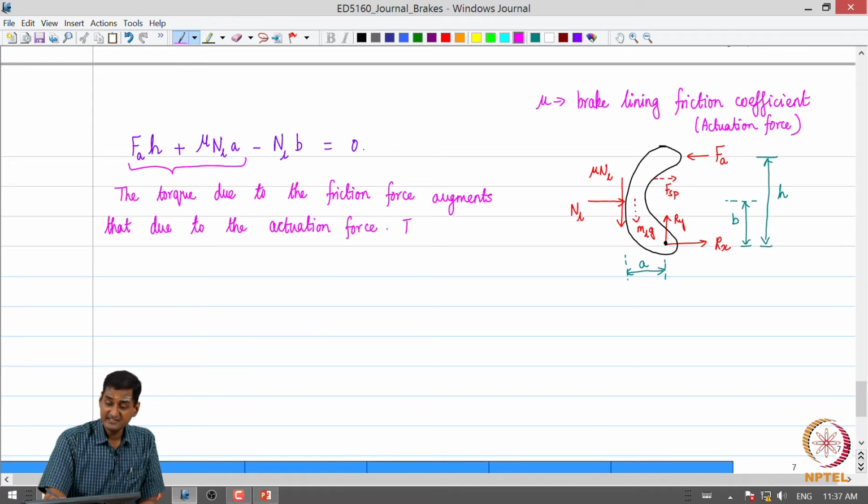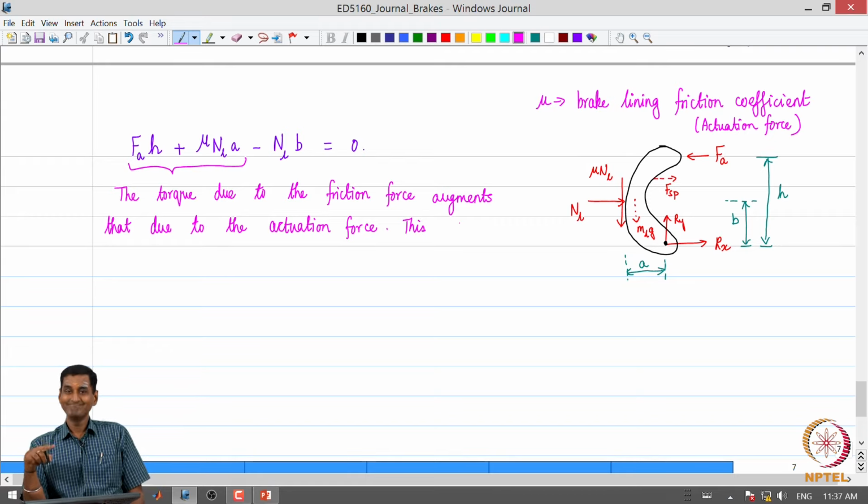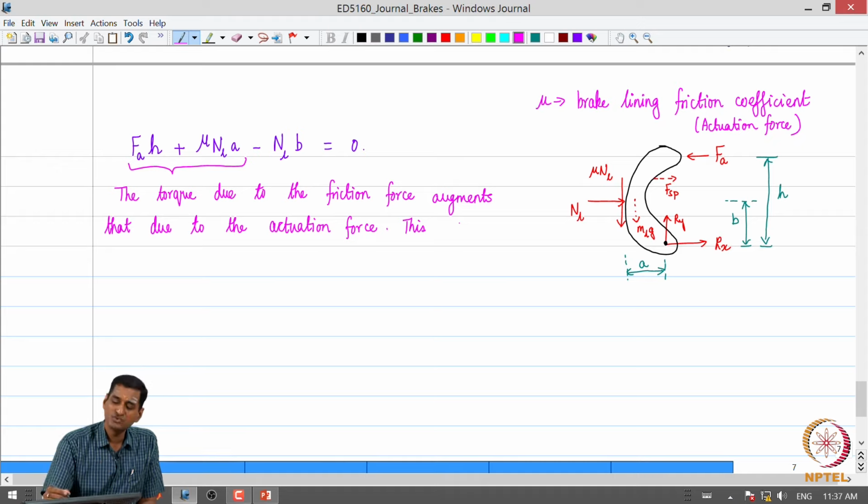This is specific to the leading shoe in a drum brake. We will see shortly why it is called leading. So this is specific to a leading shoe in a drum brake, and